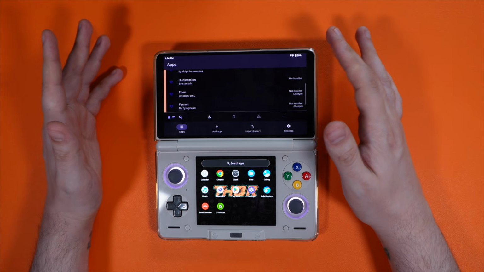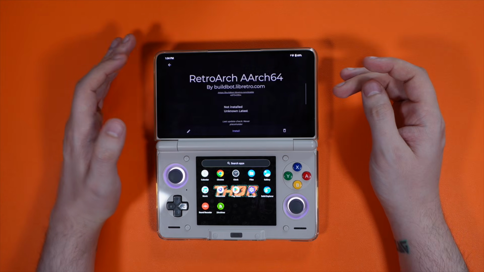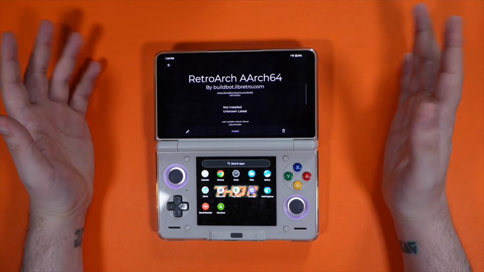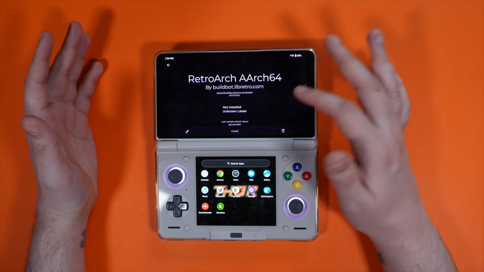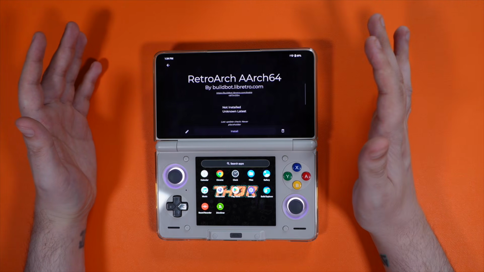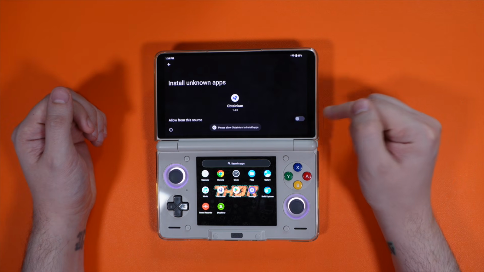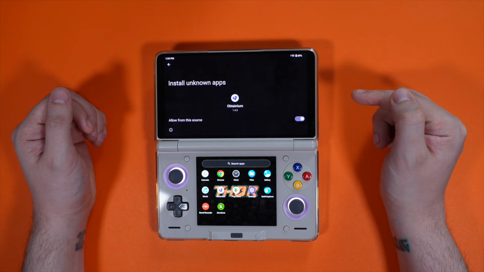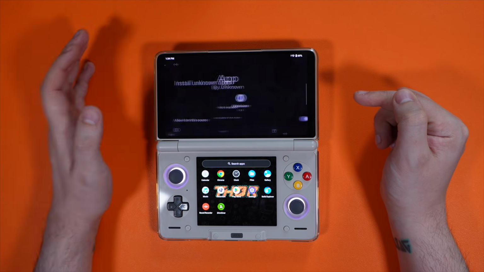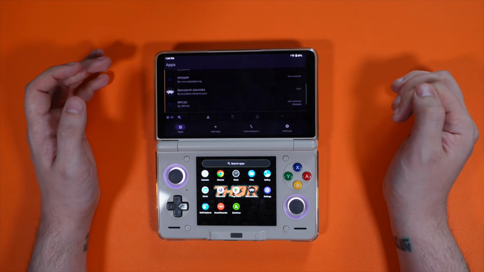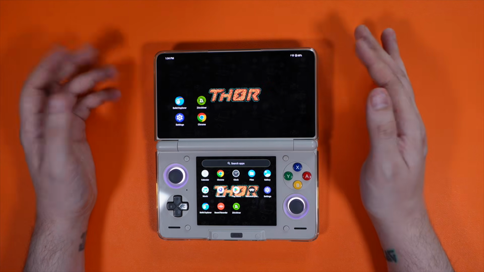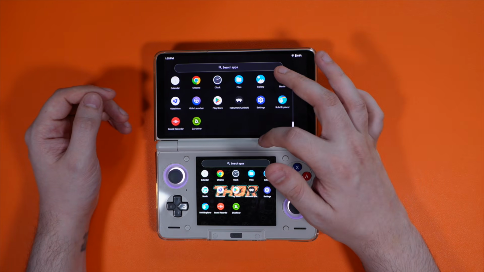So just to demonstrate how an app works in Obtainium, we'll get RetroArch because that'll be our main emulator for the majority of systems. So all we need to do is come to here and then press install, and it'll do all that for us. So when that's done, we're going to need to let Obtainium install the apps. We should get a little pop-up when we go back. There we go. We're going to install RetroArch,